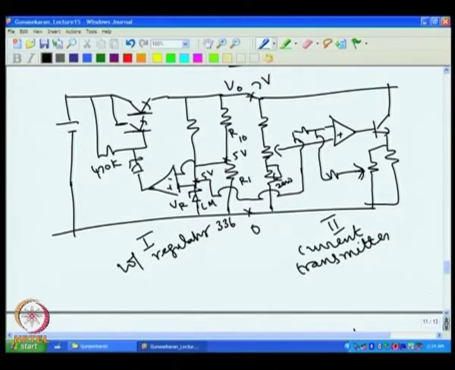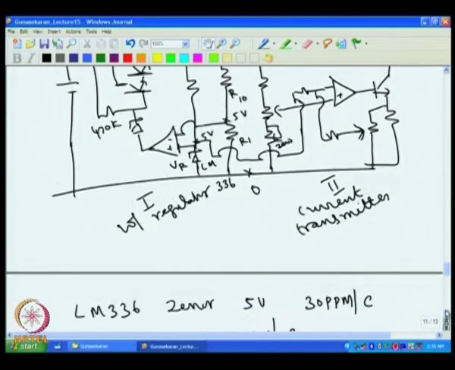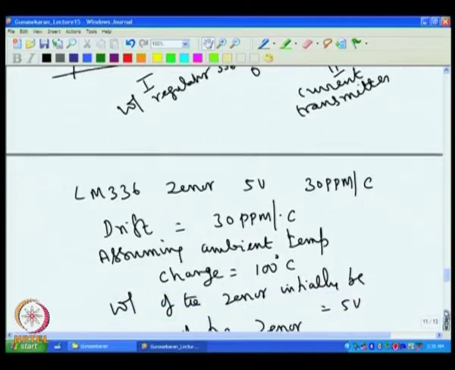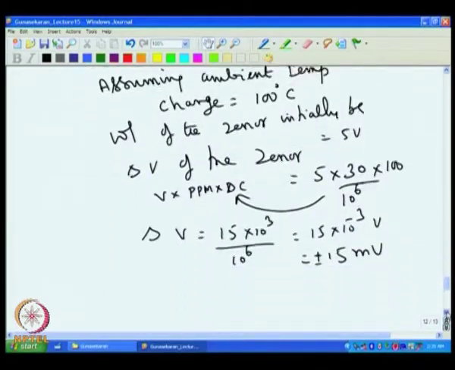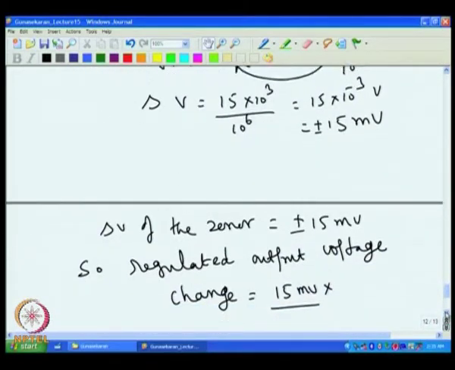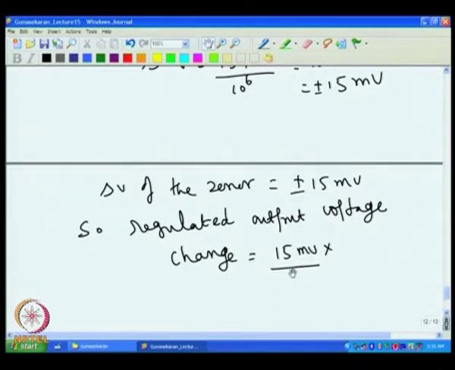So, we have to find, if the zener voltage changes by 15 millivolt, this also has to change by 15 millivolt. That means the 50 millivolt change has to occur here. Then if you know the 50 millivolt change here, we can find the change here, and the net change at V0. So, considering this, we can recalculate R1 and R10, the two resistors. Now, I can write 3 volt divided by